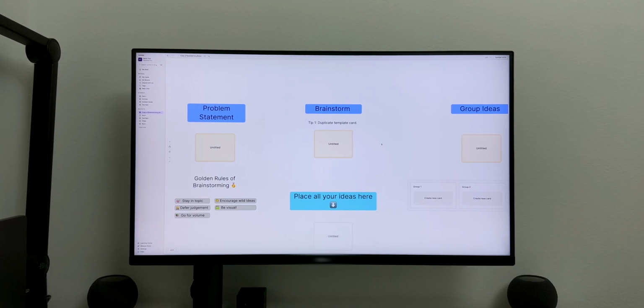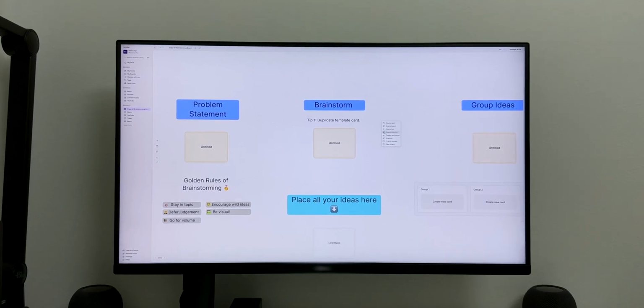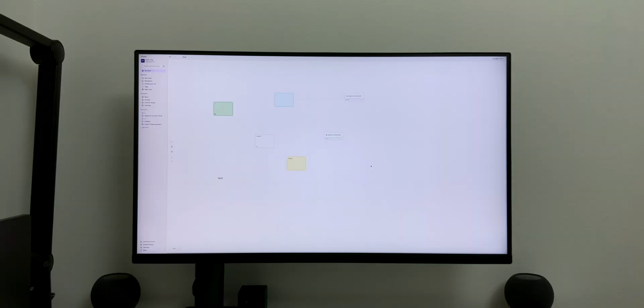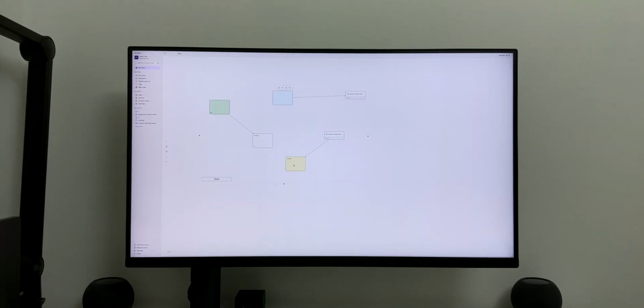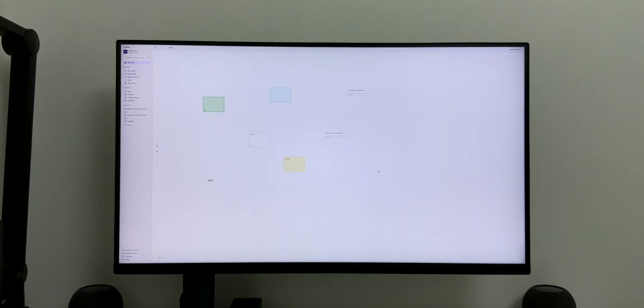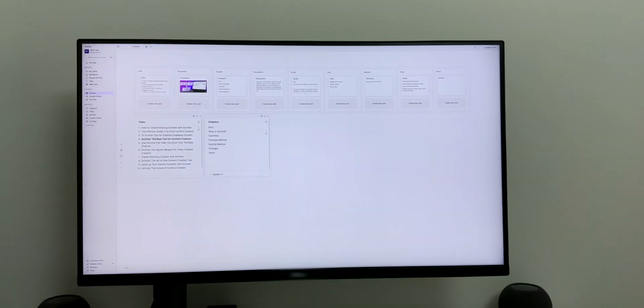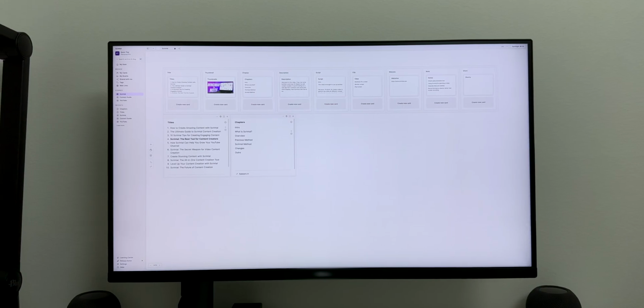After you have a bunch of ideas, you can see a bird's eye view of everything by right-clicking an empty area and choose Fit All to Screen. But if you can't find the thing you're looking for, you can invoke Spotlight in the top right corner or use Command-Shift-K if you're on a Mac. If you want to save all your notes, just select all, right-click on a note, and create board. And starting from a blank slate is as easy as Command-Shift-Backspace. These are just the basics, but I'll go in more detail when I show you my boards.